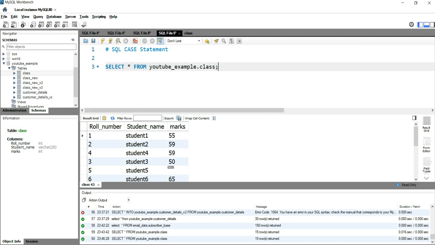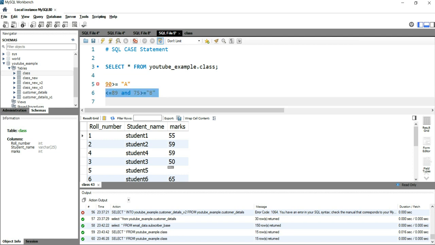If a student has obtained 90 or above, so let's put greater than or equal to 90, then we'll put A. And if it's below 90, or you can say less than or equal to 89 and greater than or equal to 75, then let's put B.